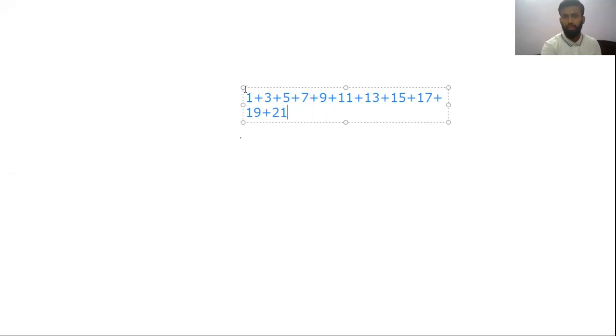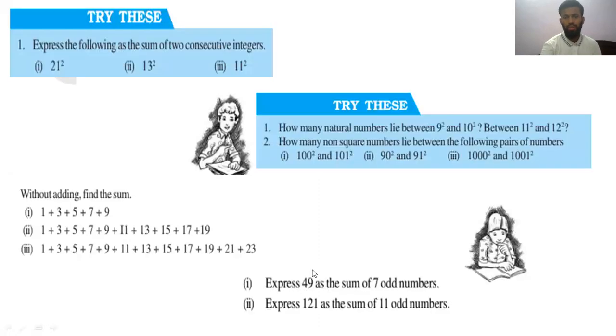अगर हम इन सबको जोड़ेंगे तो आंसर 121 ही आएगा। अकॉर्डिंग टू द प्रॉपर्टी देयर आर 11 नंबर्स, ऑल आर ऑड, right? All are consecutive odd numbers and they're starting with 1, so answer would be 11 square, meaning 121. That's it. Okay, so that was the question. तो इसको कहीं कैसे भी घुमा के पूछ सकता है कि व्हाट विल बी द सम ऑफ 1 प्लस 3 प्लस 5 प्लस 7 एंड सो ऑन, तो हमें काउंट कर लेना है कितना है, दैट स्क्वायर। घुमा के पूछ दिया कि 121 को लिखो इस तरह से कि 11 ऑड नंबर्स चूज करो, फर्स्ट 11